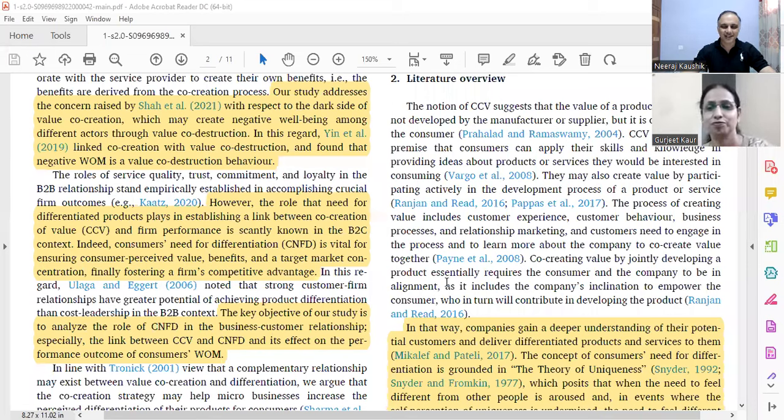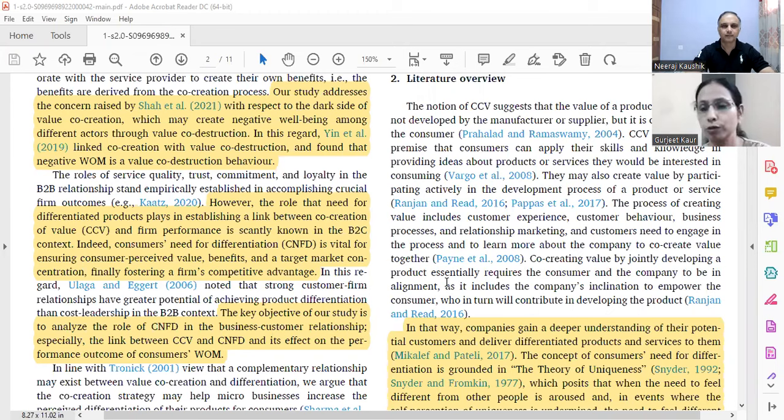We can now start the second section about the literature review. So, what is actually expected when we write a paper under this section? What a student or a scholar has to write down is basically the theory. He has to discuss the theory, and besides theory he also has to discuss those concepts which he could